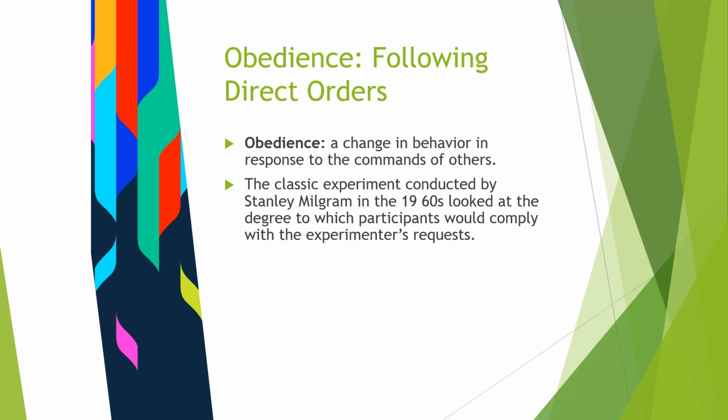And in this experiment, basically, the learner was in one room on the other side of the wall, and every time they got an incorrect response, the teacher had to give them an electric shock. Now, the learner was a Confederate. They were in on the experiment. However, the teacher did not know this, right? So every time they were given an electric shock, they thought they were actually giving an electric shock to this person. And so every time they gave an incorrect answer, they had to give an electric shock.